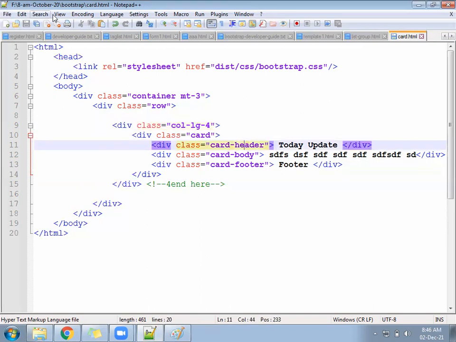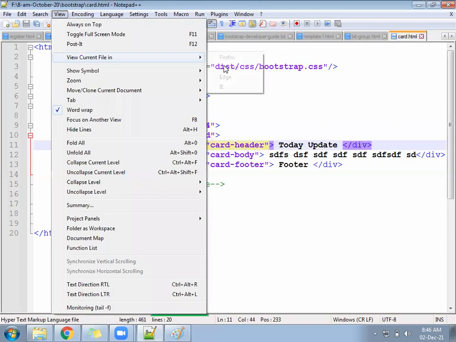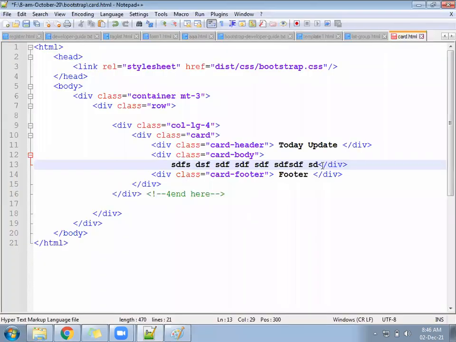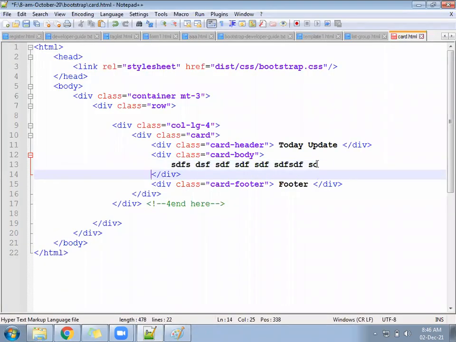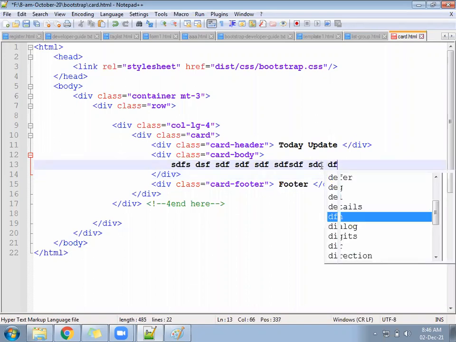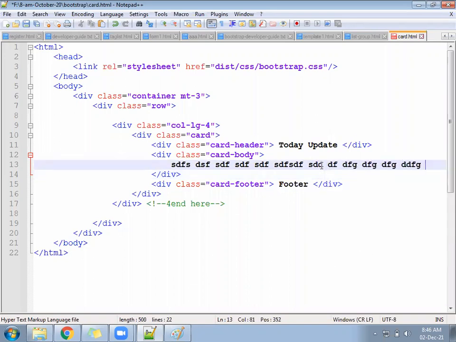Check now. So hope we get a basic card, something like today updates. Here, if we increase some text, then it will look much more meaningful. So under the card body, we can write some 2-3 lines, 2, 3, 4 lines.